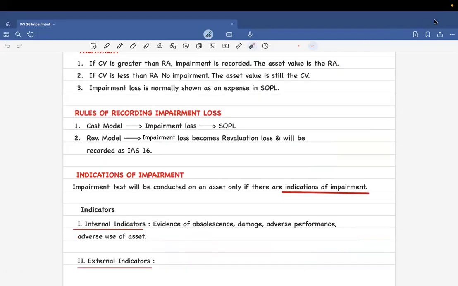IAS 36 is over. Do you want me to do the problems today or tomorrow? I don't mind. I also have like a couple of